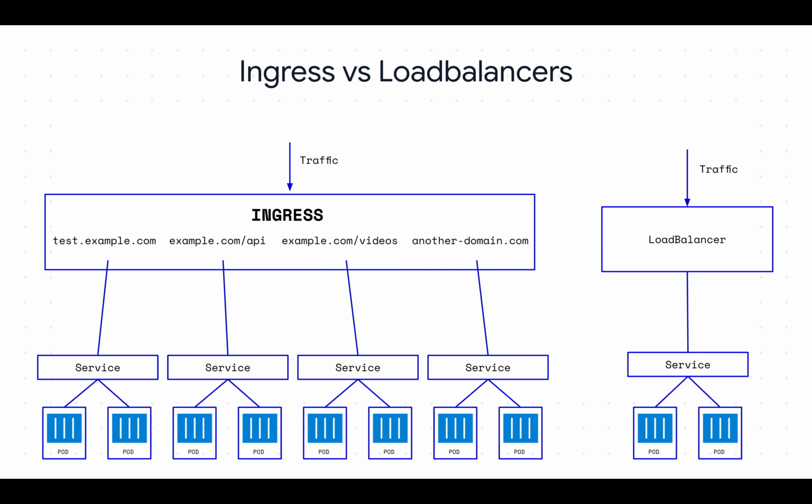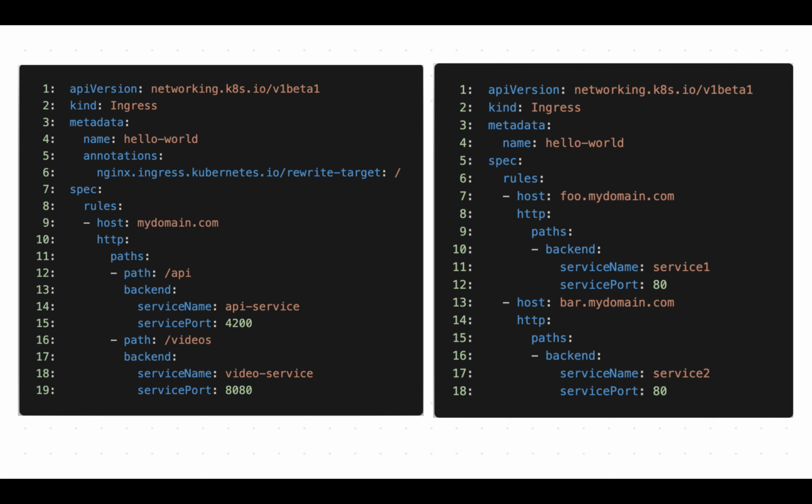However, to deploy an ingress to the Kubernetes cluster, you have to deploy an ingress controller. You have several open source ingress controllers. We have Nginx, we have Kong, we have Traefik, and cloud providers also have their built-in ingress controllers that come with the Kubernetes cluster. However, I'll be focusing on the components of Kubernetes in this case. So we've talked about ingress and compared it with load balancer. Let's take a quick look at a simple YAML configuration for an ingress. We have two types when it comes to YAML configuration for an ingress.